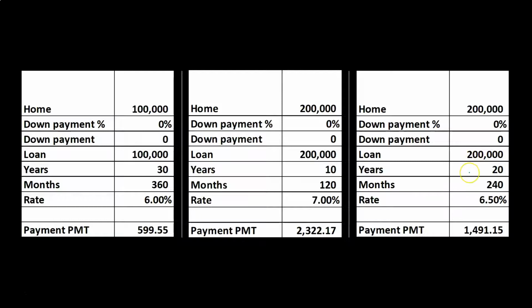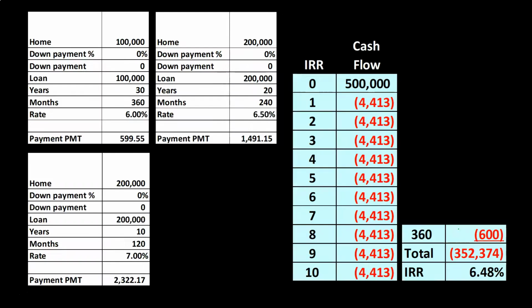Last loan, $200,000. We're going to say this is a 20-year loan. That 20 times 12 would give us 240 payments. The rate now is 6.5% for this loan. And if we work that out, it comes out to $1,491.15 with the payment calculation. Once we have these lined up, we could say, all right, I can combine the payments together, but